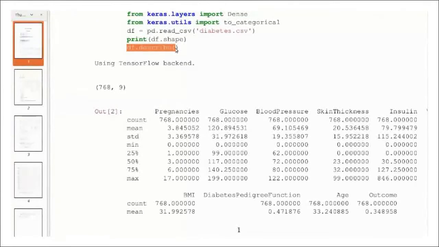Especially when we are given a numerical data set like height, weight, or some counts, we can describe the data set statistically using the function called df.describe(). We will get a summary of the data set. The summary variables are count, that is the total number of counts in each feature, then mean of each feature, standard deviation of each feature, minimum value, maximum value, and percentile values at different quantiles like 25th percentile, 50th percentile, and 75th percentile. So these are the different values. This is a statistical summary of the data set.